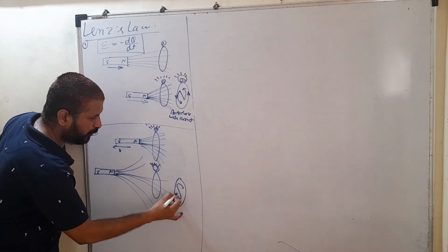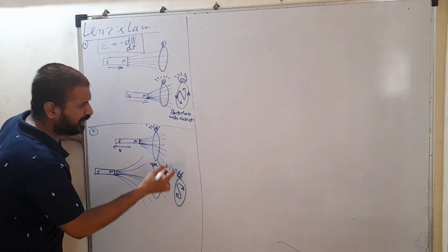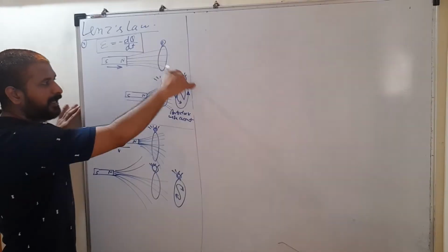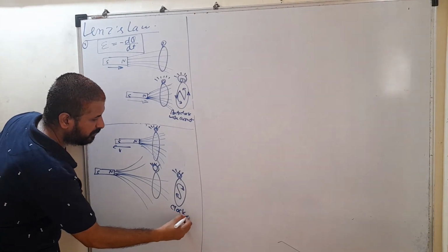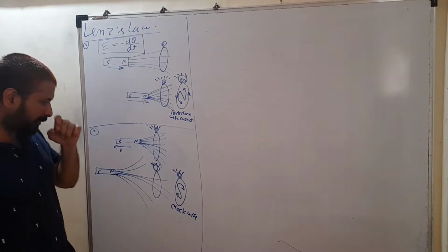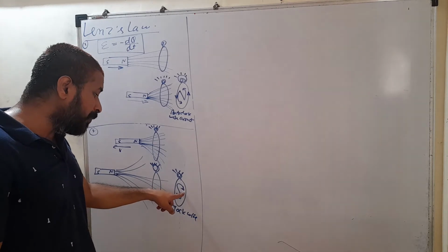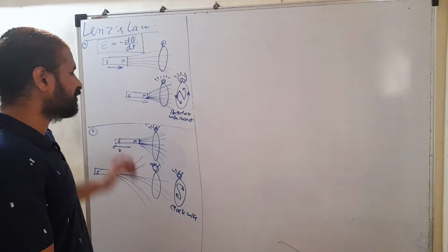So here a south pole is developed. So now current is in clockwise direction, but this bulb is glowing. EMF is induced in both the cases, but in the first case, current is developed in anti-clockwise direction. In the second case, clockwise current. Because of the flow of current, a pole is induced, and that pole tries to oppose the velocity of this magnet. ये चाहता है magnet rest में रहे.